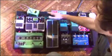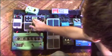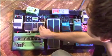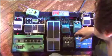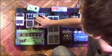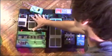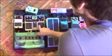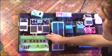I can click through and have my 94 BPMs for Everything Glorious. My 160 is for Trying to Make You Sing, and my 120.8 is for Can You Feel It? Which this one is actually panned, which leads me to tell you that I'm running stereo from here on for my stereo delays. So this runs a left and a right out to my DL4,